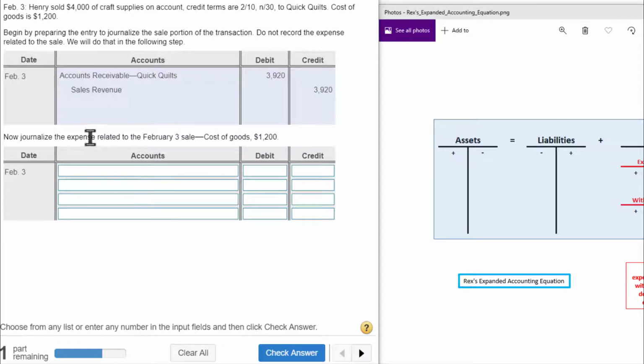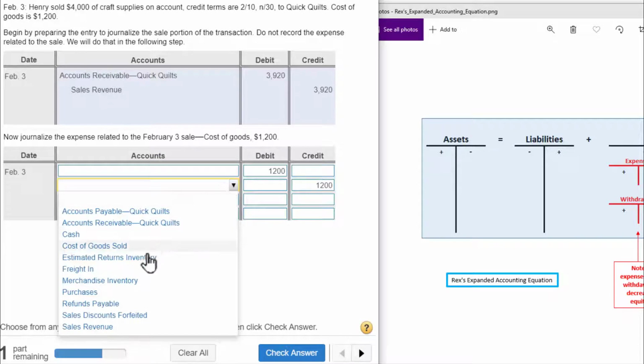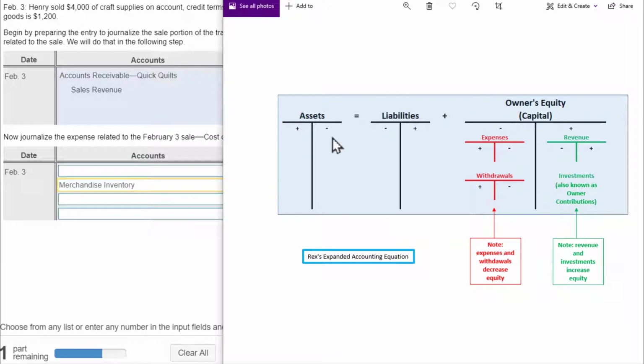Next, now journalize the expense related to the February 3rd sale. So cost of goods sold is $1,200. So I always like to start off with the one that's easier to understand, inventory. So inventory is an asset, and when we sell the inventory asset, the inventory asset is going down. So inventory goes down with a credit. So I have to credit merchandise inventory. And whenever we sell a product, we're going to transfer it from that inventory account and move it over to the expense account